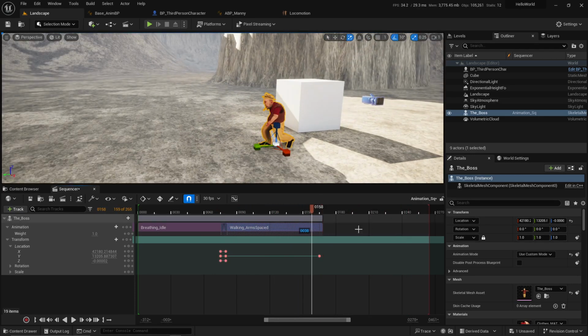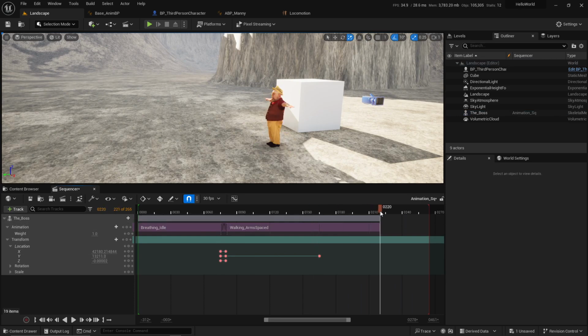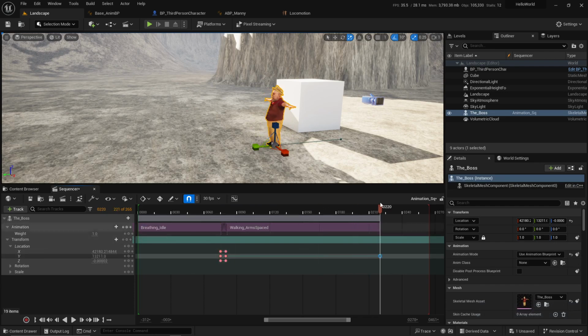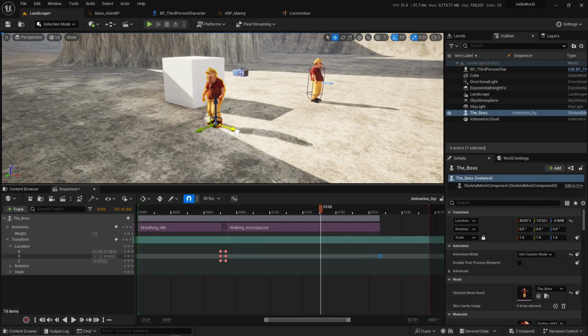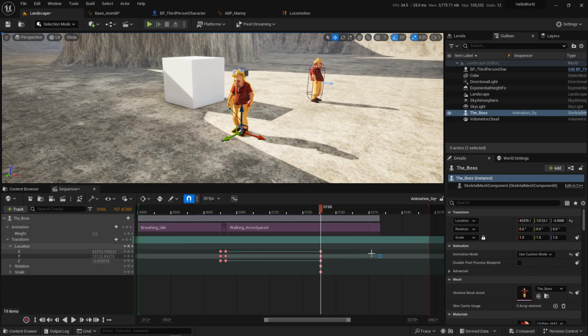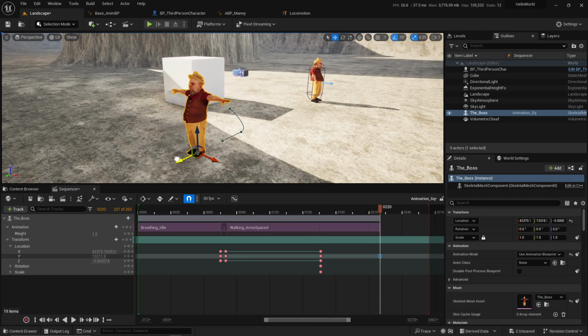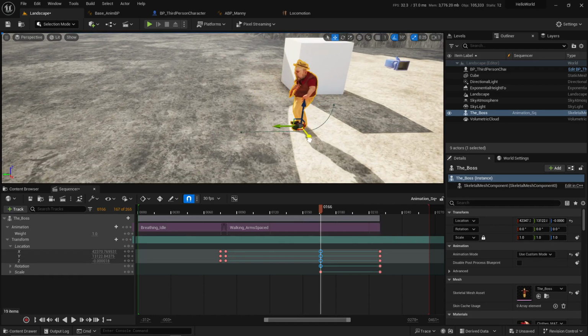And if we wanted to extend this and maybe go back to idle at the end, I can copy the animation. I'll add the idle again so that whenever he's there he stops or whatever. You can play around with it. Maybe at this point he wants to shuffle a little bit, and then at the next keyframe he wants to go there. And you can also select these keys and manipulate them again,